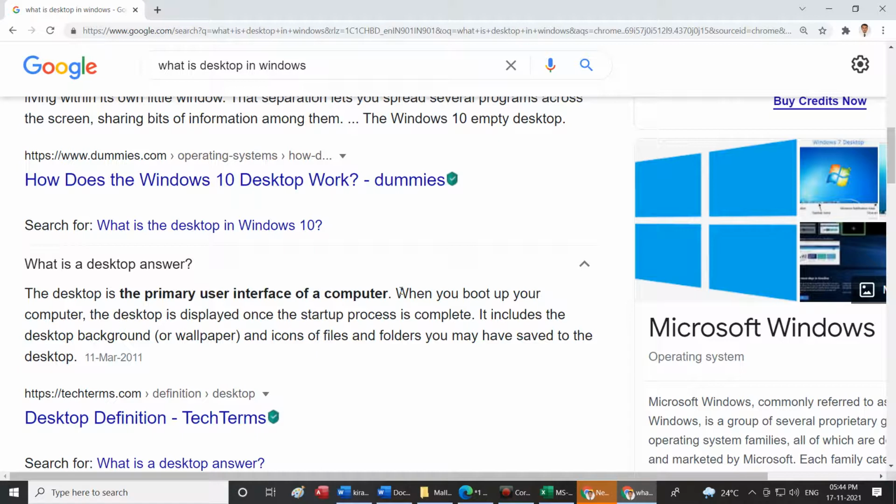Once you enter the username and password, it continues to load the operating system and stops at one window.